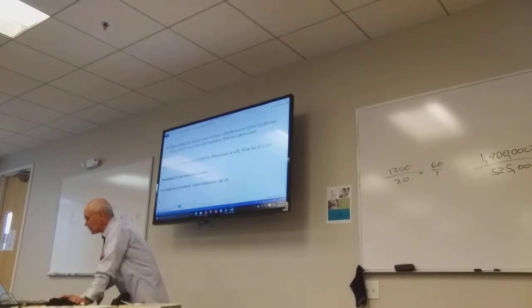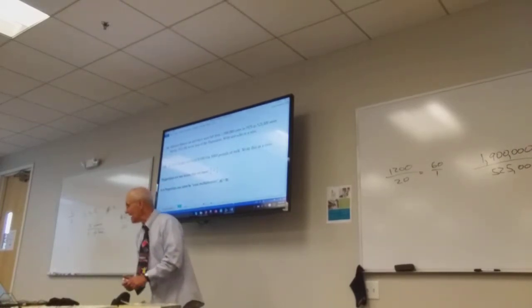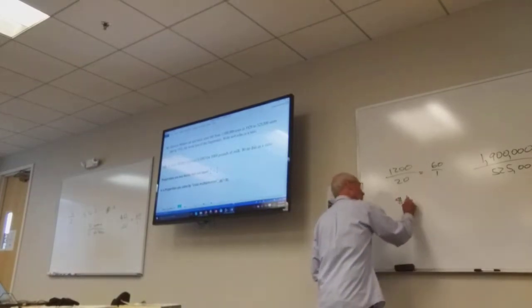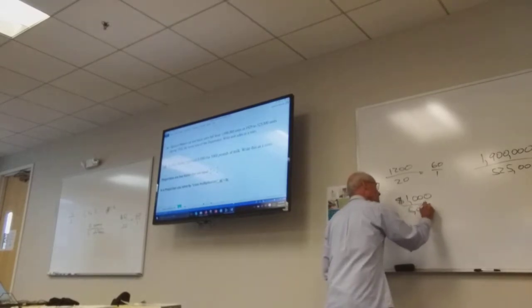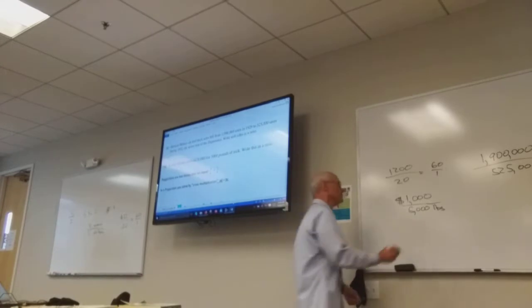A dairy farmer received $1,000 for 5,000 pounds of milk. Write it as a ratio. $1,000 to 5,000 pounds. If you simplify it,